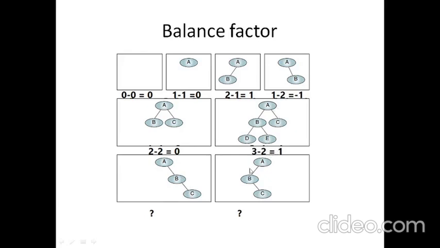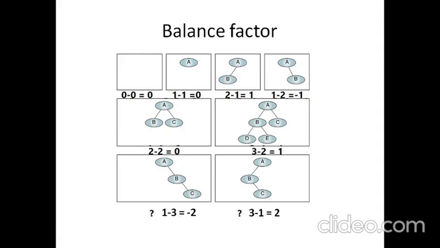So, okay. With this idea, can you calculate the height balance factor for the last two trees? Just try to calculate the result in your mind. So, I will now show you the actual value, which is 1 minus 3 equal to minus 2. That is because here the left subtree is empty, and just like we saw in the first case, whenever the left subtree is empty, we assume it to be height 1, and the right subtree has a height of 3, that is 2 plus 1. So 1 minus 3 is equal to minus 2.